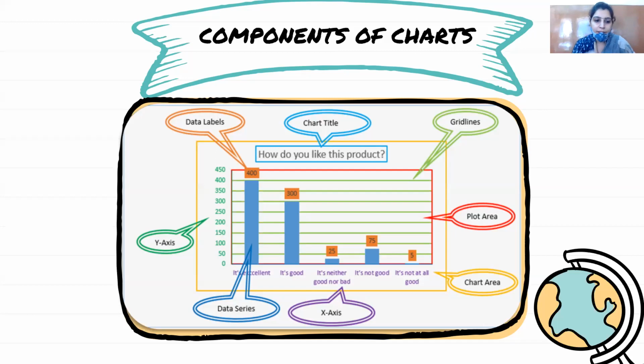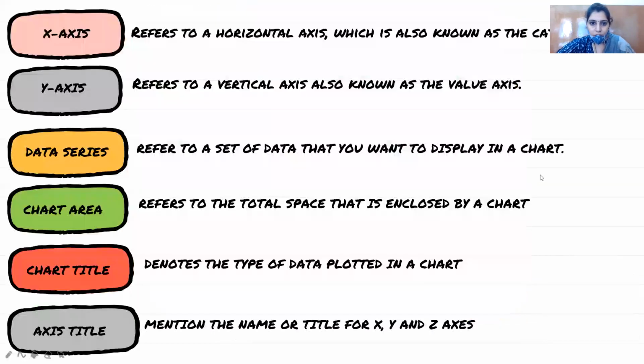For example, chart title will be there, legends are there. So legends are the unique individual pattern given to the unique data series. आप हर data series को एक unique pattern या unique color देते हैं. So those are the legends for unique identification, right? And chart area is the overall area, including the plot area, including all other components. But the plot area is only restricted to the x-axis and the y-axis and the grid lines, where the chart will get plotted, right? So